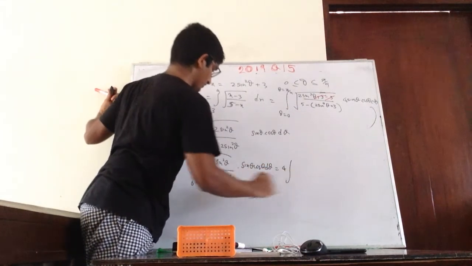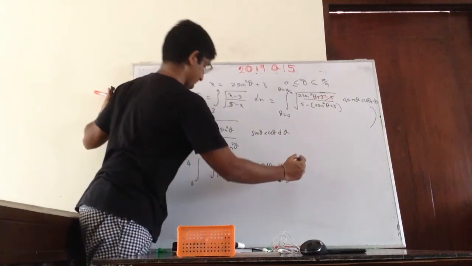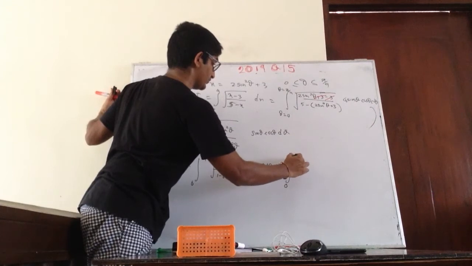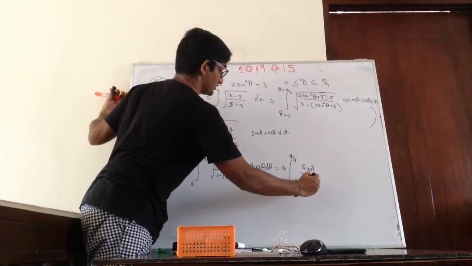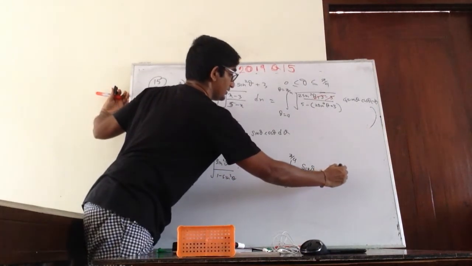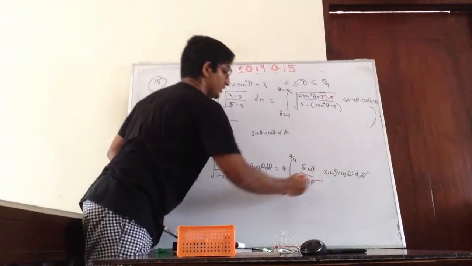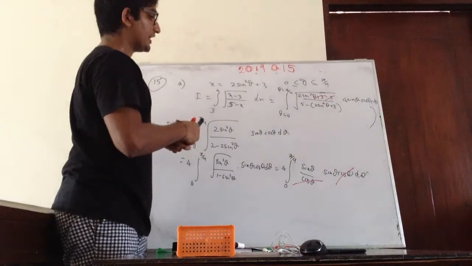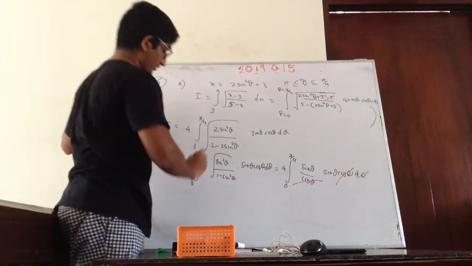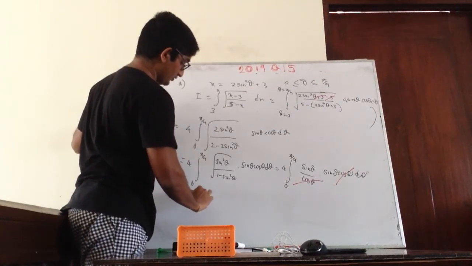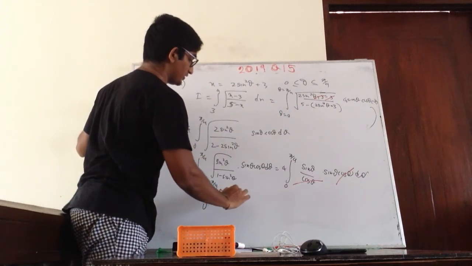Then equal to 4. So this is going to be cos squared theta. So it will be sin theta over cos theta, 0 to pi over 4, sin squared theta, cos squared theta, so sin theta cos theta, sin theta cos theta d theta. So I can cut this cos theta as well. Then I'll get sin squared theta. Right, so I'll be getting 4, 0 to pi over 4, sin squared theta d theta.